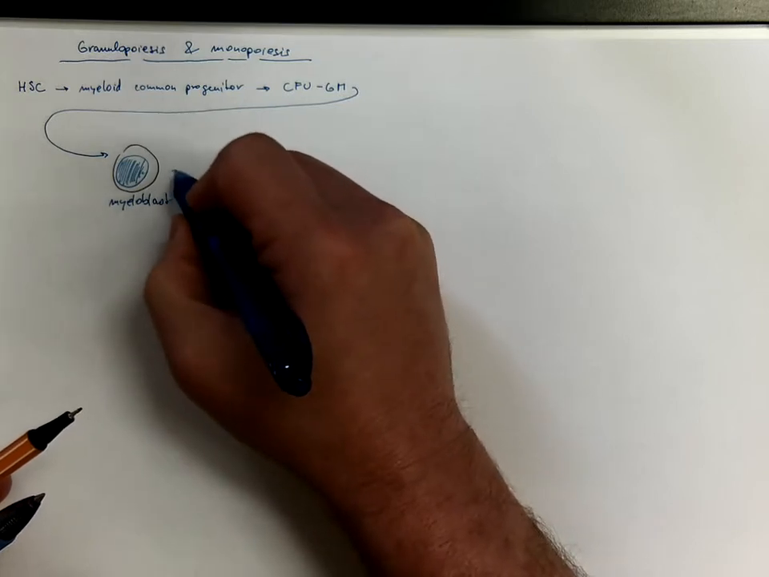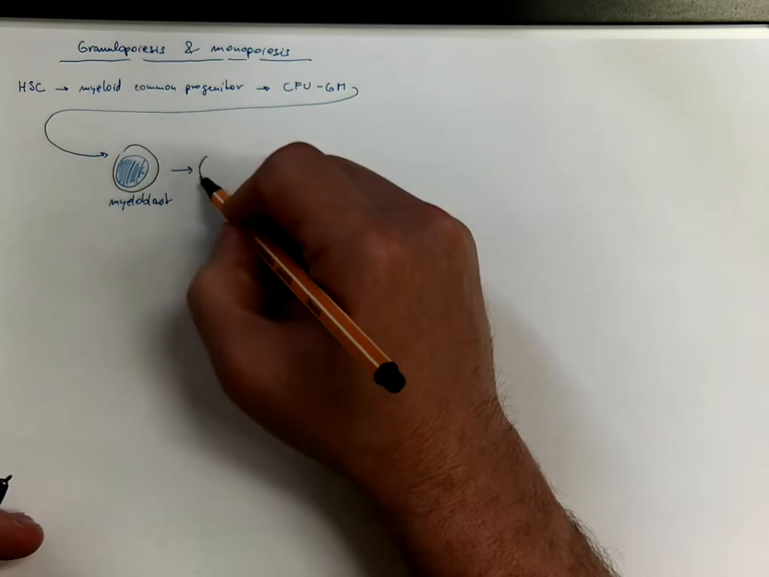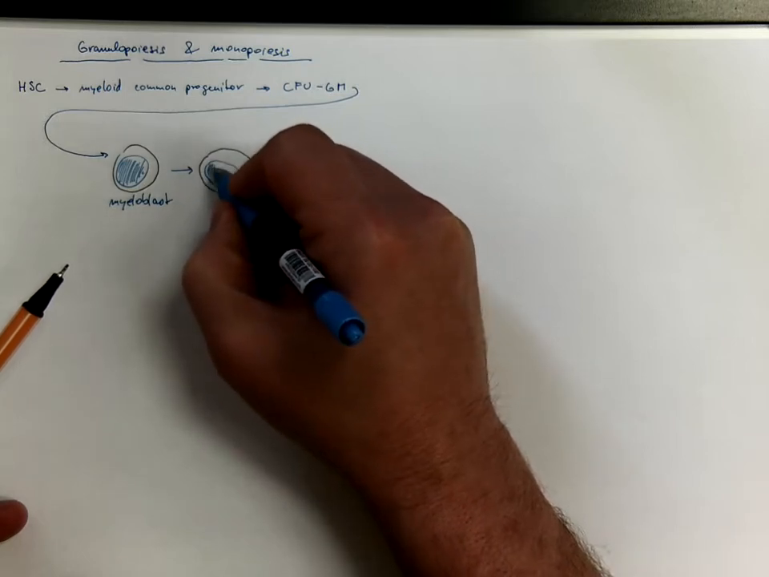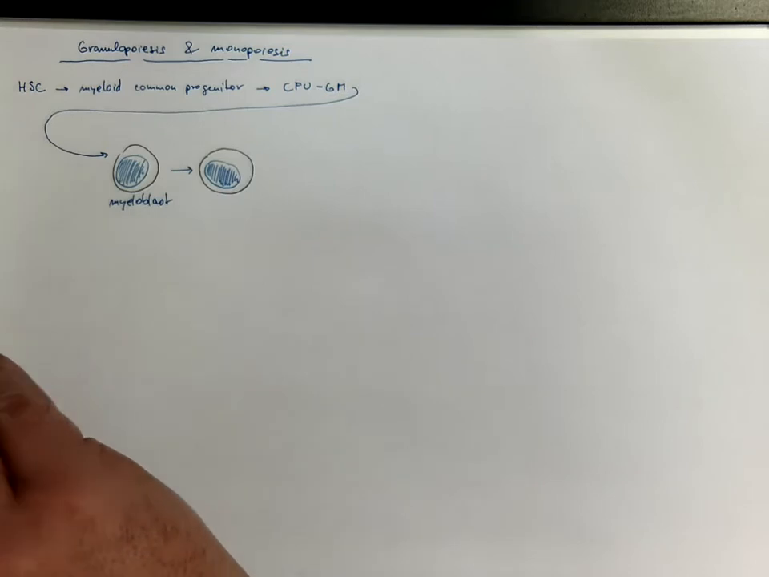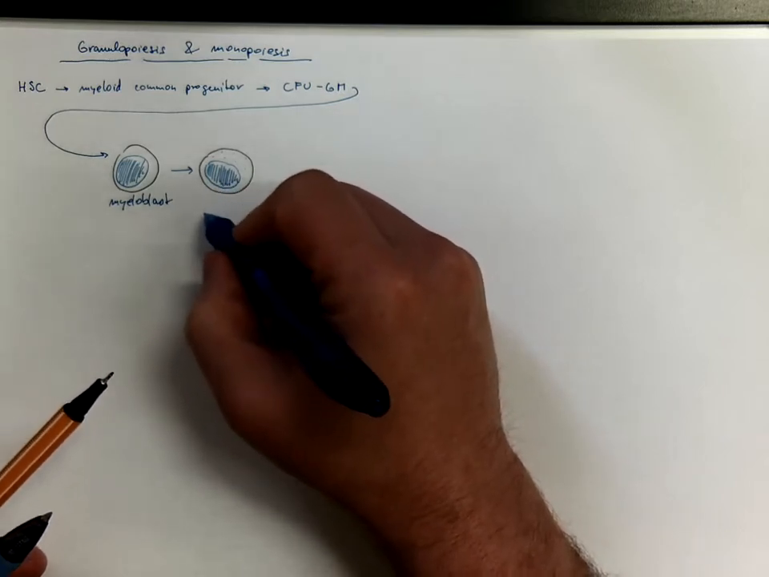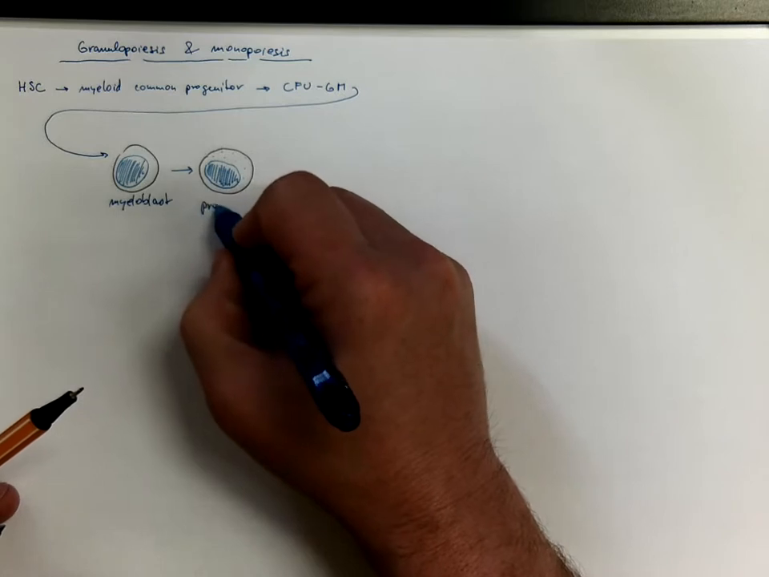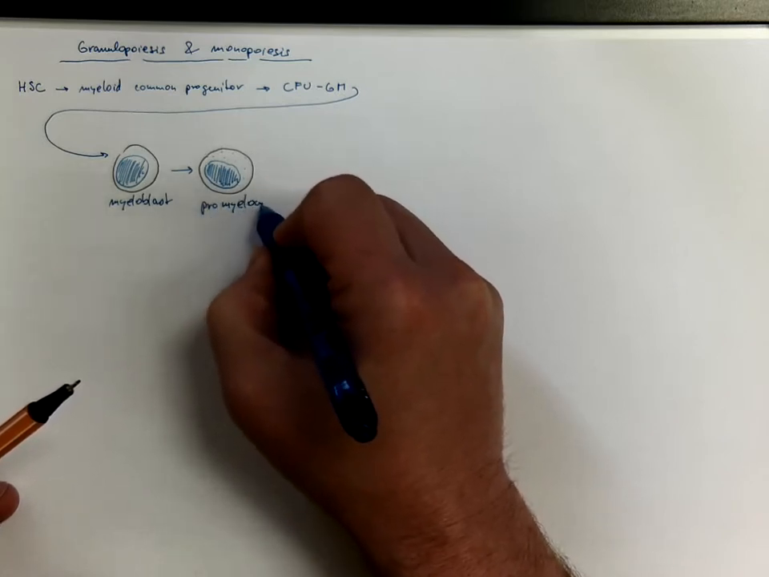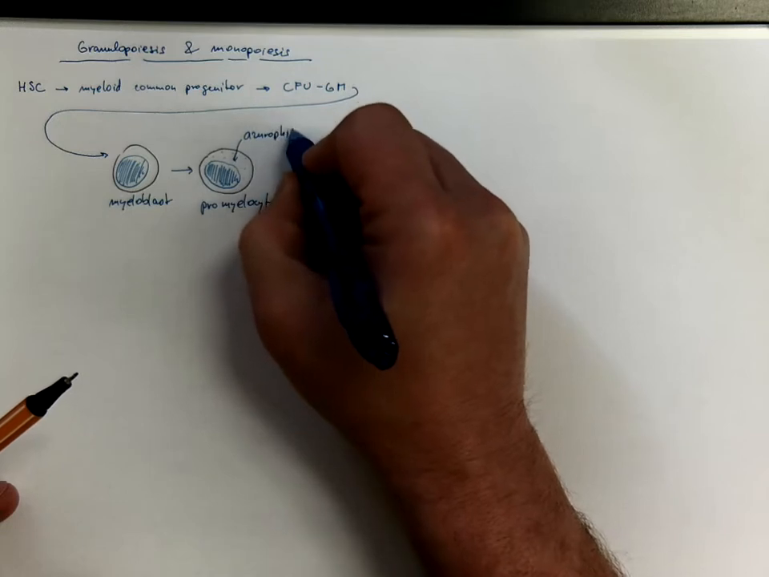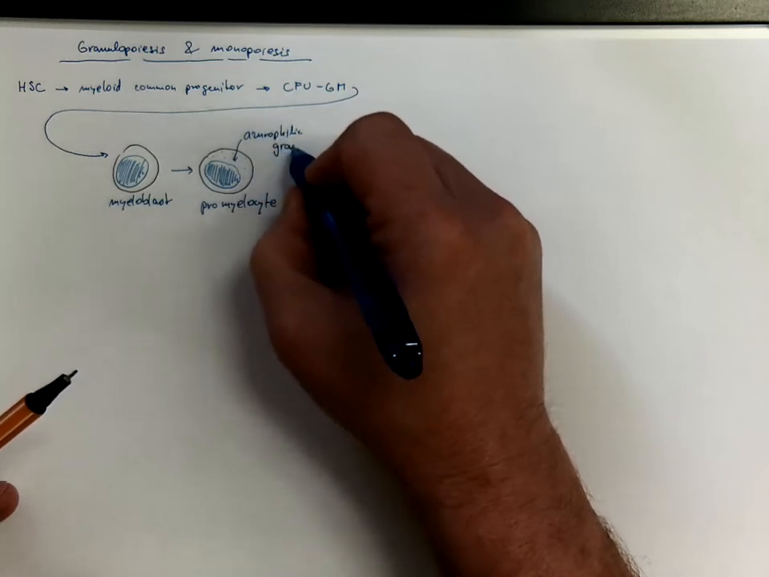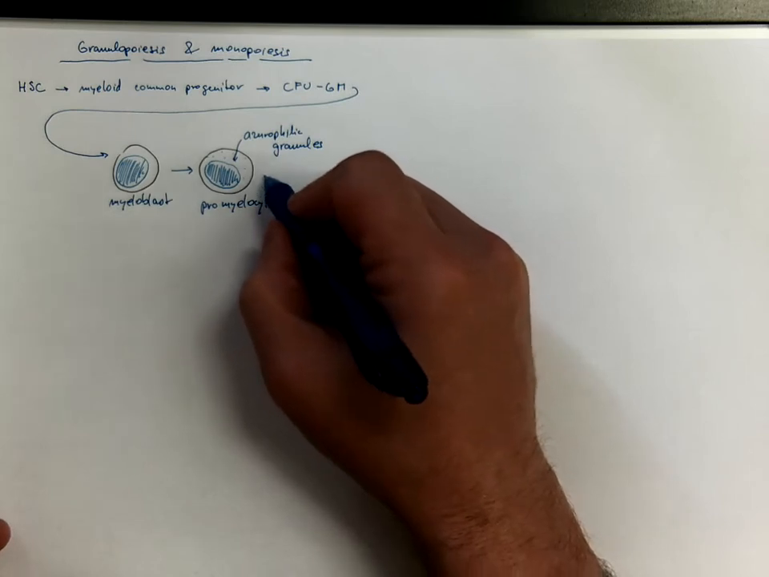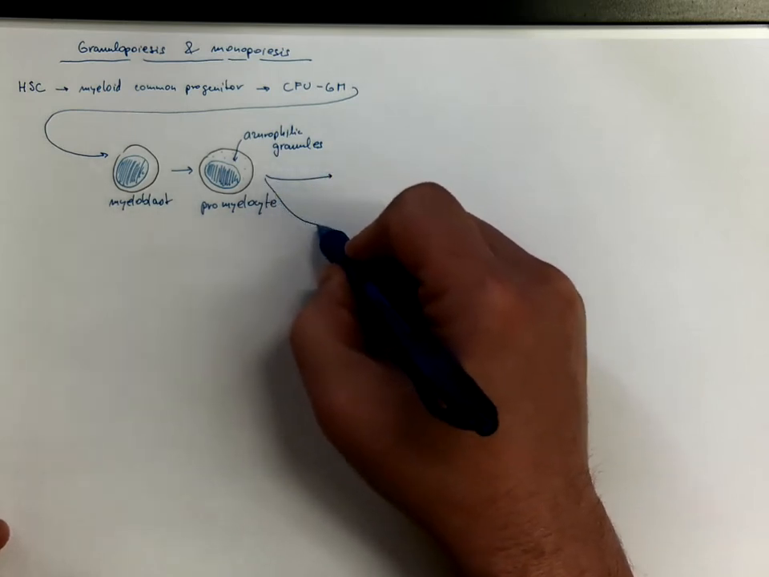that differentiates into another stage that already has some azurophilic granules in the cytoplasm, and it's called promyelocyte. And this promyelocyte differentiates